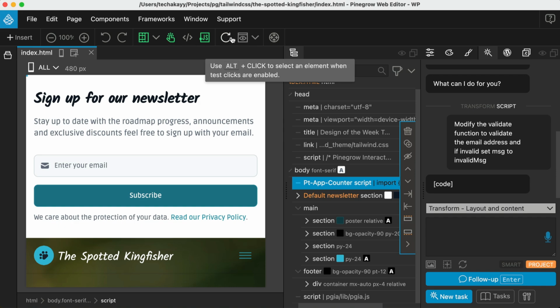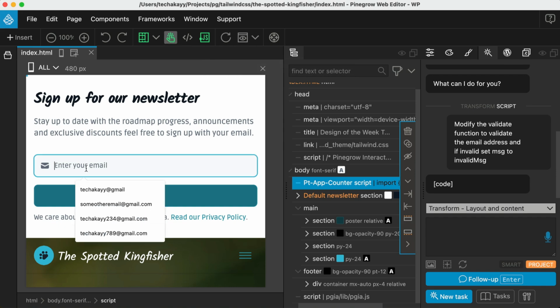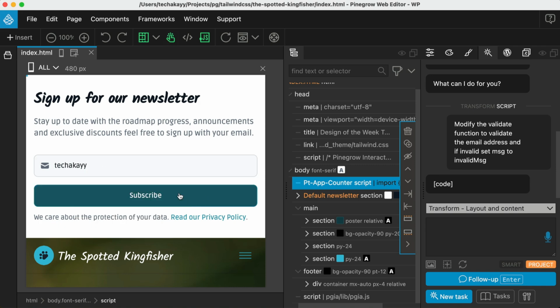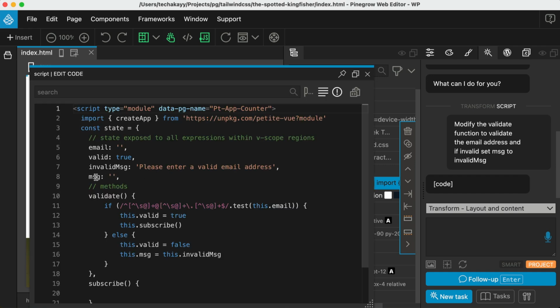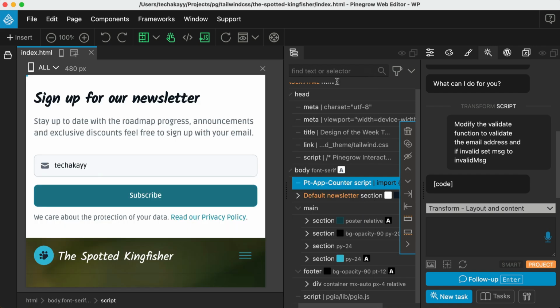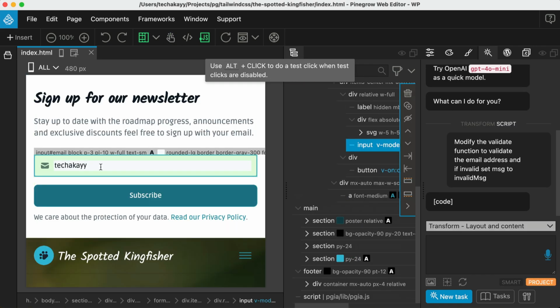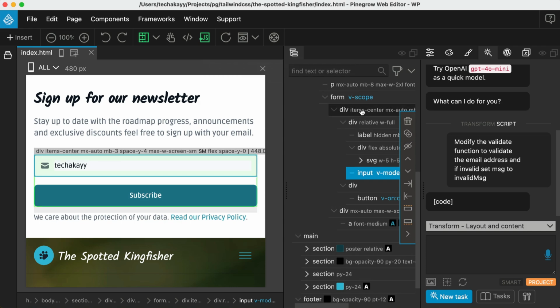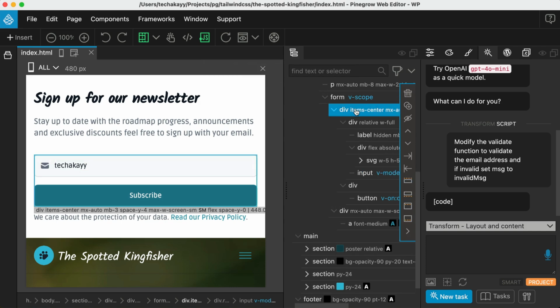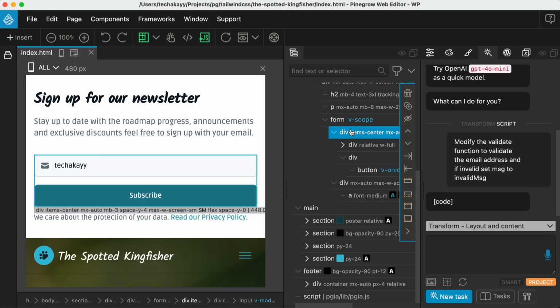Go into click mode, I'll do a refresh, and then let's test it out. TKK, and then I'm going to click on subscribe. The validation did fail, but we'll have to display that message somewhere. So I'll go into edit mode, select this text box, and how are we doing with regards to styling? So there's a div here, and there's a